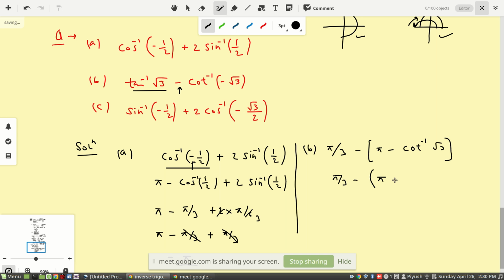because here is a minus, so it can create a problem with sign. So cot inverse of root 3, how much will this be? This will be 30 degrees, so pi by 6. And now after that it's all about calculation. So this is pi by 3 minus pi, and this is plus pi by 6. This pi by 6 is 30 degrees, pi by 3 is 60 degrees, 60 plus 30 is 90, so we can say this is 90, pi by 2, combining these two, minus pi. So 90 minus 180 is minus 90, so minus pi by 2.